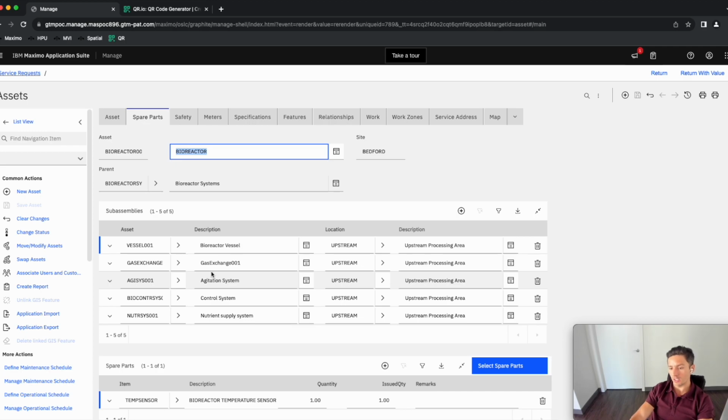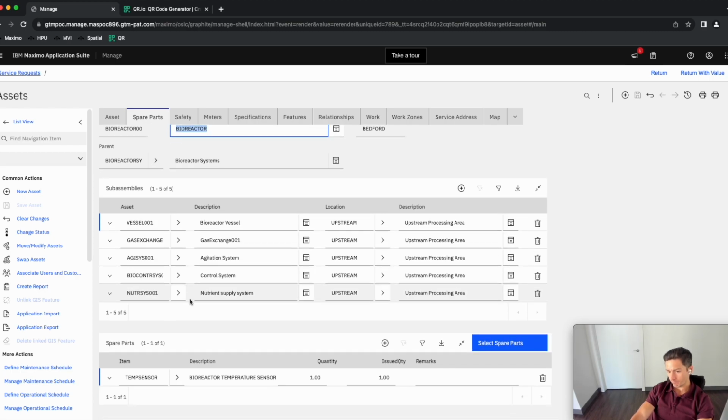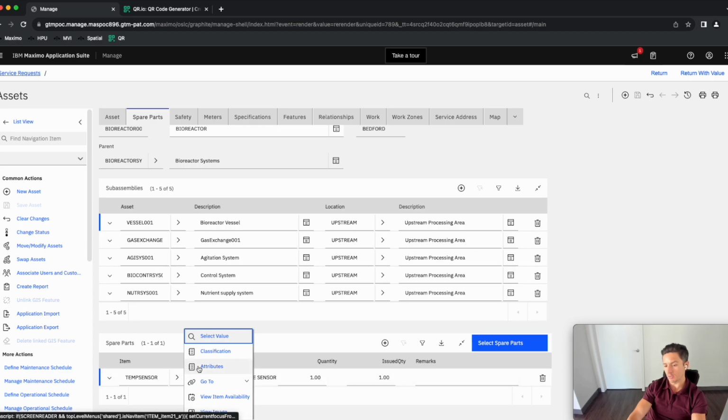Let's move over to spare parts now. As a supervisor, I'm going to want to be able to see, very similar to what we saw before, the different assets that drill into this parent asset and spare parts. A question that I often get asked is, can you have spare parts across multiple assets? The answer to that is yes. You can have multiple spare parts. And what's valuable here, especially